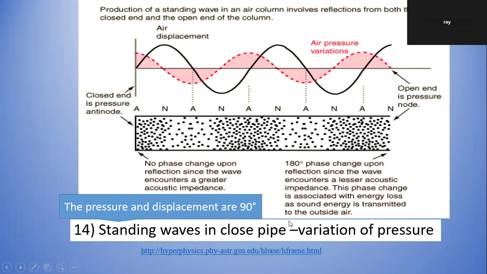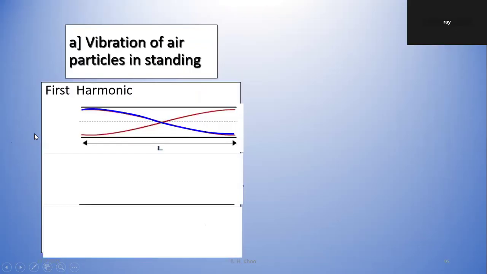Okay, this is for closed pipe variation of pressure. So where the antinode is, there is high pressure. Where the node is, there's zero pressure. Right? So anyway, we won't go too far into that. But vibration of air particles in the standing wave, if we look at the first harmonic for open tube, open pipe,